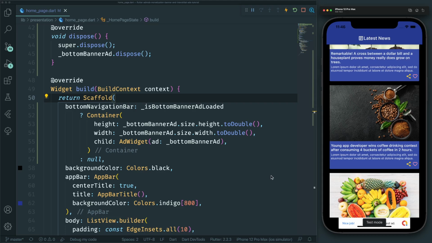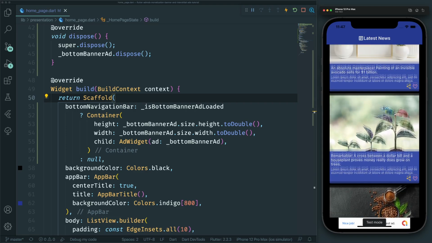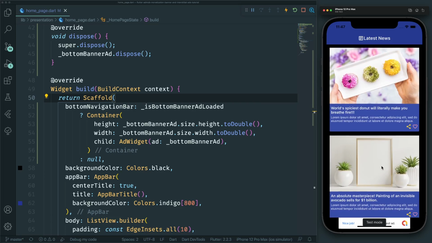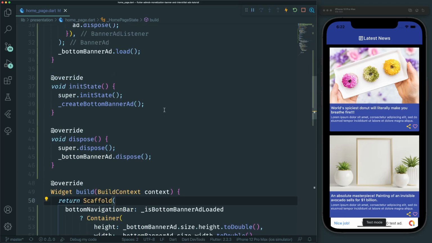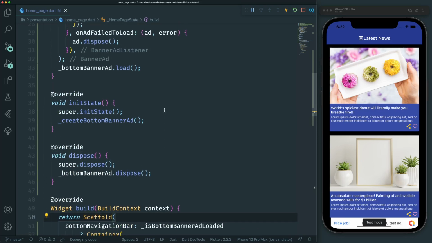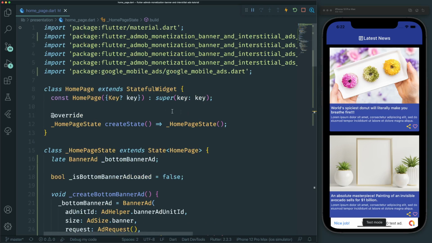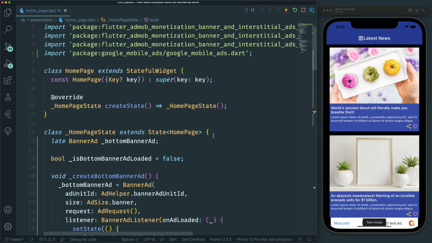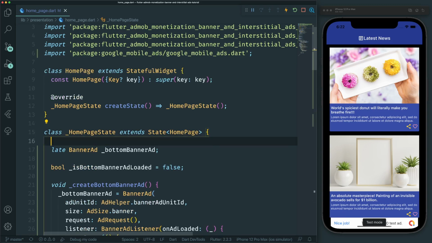And next we're going to add another banner ad, but this time it's going to show up in between these article tiles. Showing an inline banner ad is going to require a few extra steps, but once we break it down, you'll see how simple it is. First, let's create a variable to represent the index at which we want the ad to be displayed within the list view. So let's scroll up here, and then right above this bottom banner ad variable, let's add final